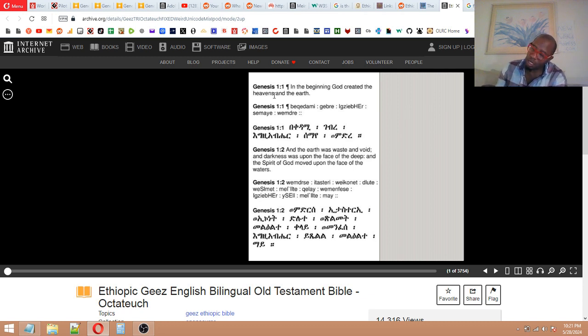So it's all basically saying the same thing, but there are small differences that can cause scrutiny and confusion about how many heavens there are. One book says there are multiple heavens, one says the heaven, one says heaven and earth.